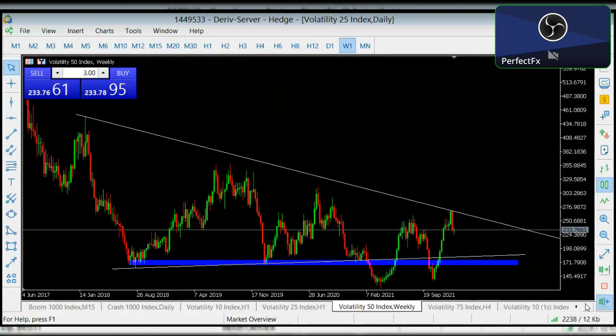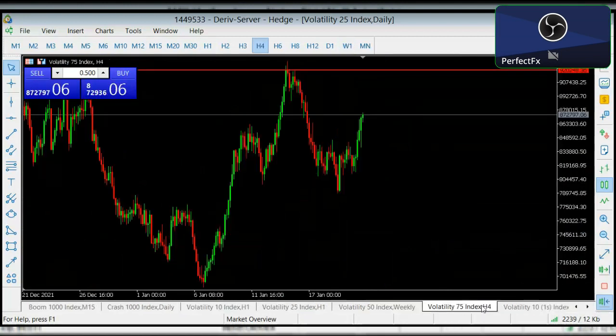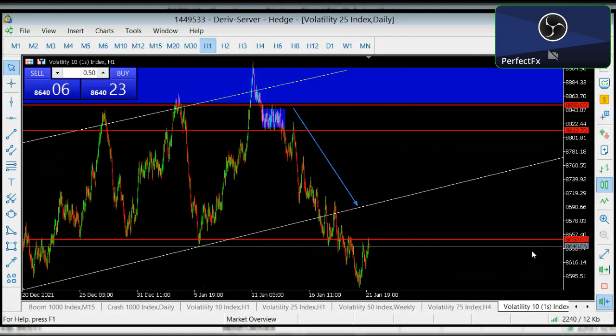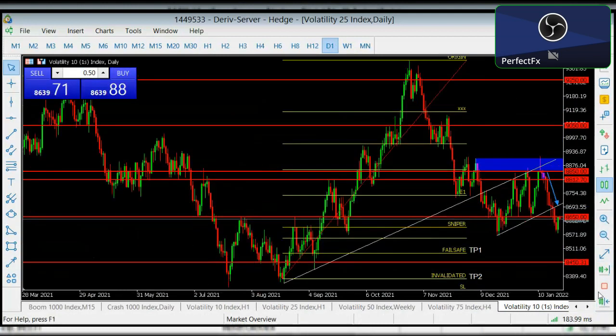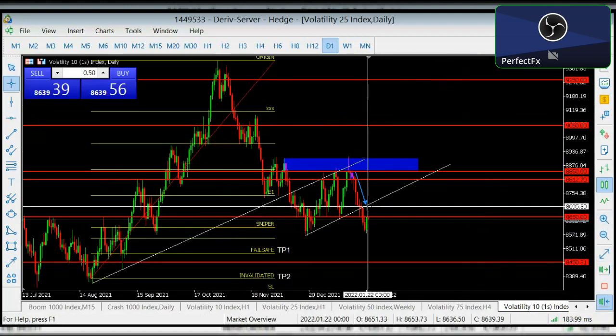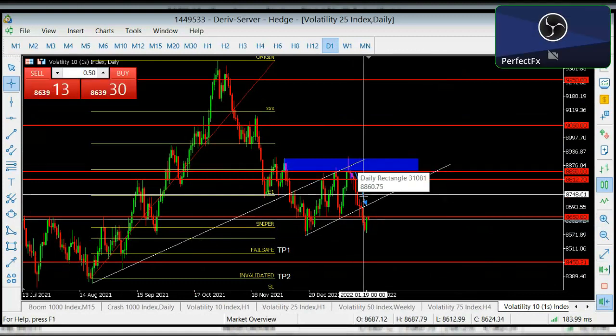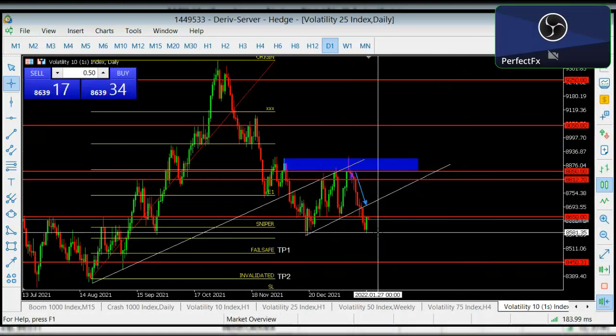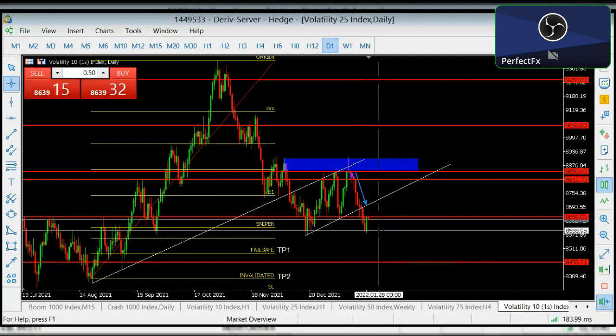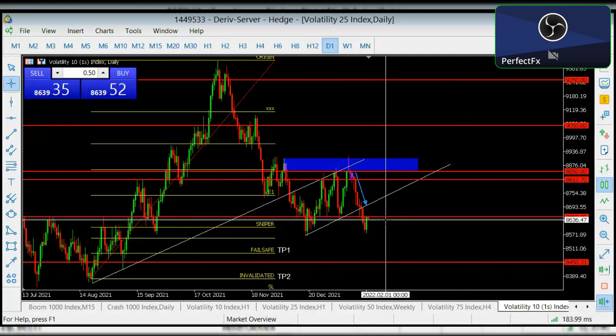Okay, to give some speculations on some of the commodities. I think this signal was given a couple of days back that price was going to sell from this point to this take profit, and you can see price sold from this point and has broken our take profit level, and it has even fallen below, and right now price is buying to the upside.